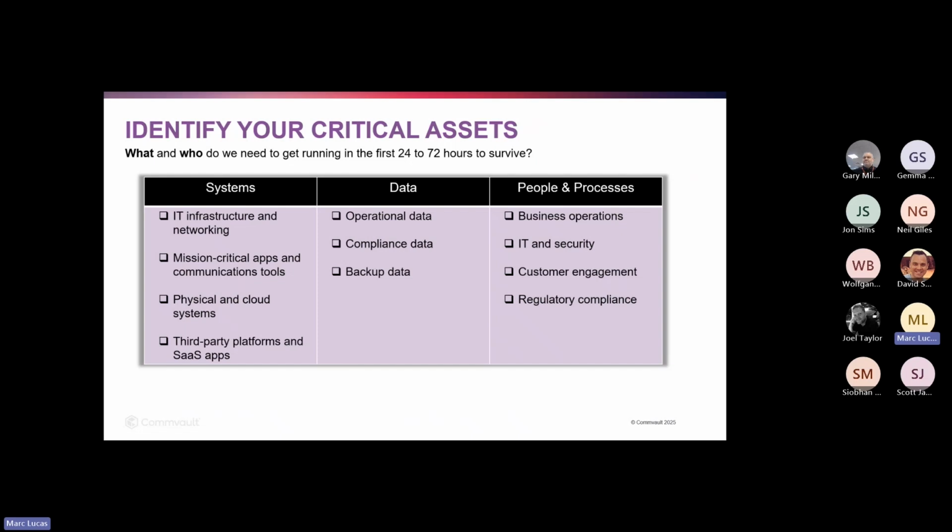So this, I think, should be something that's painfully obvious to your customers, breaking down the systems, the data, the people and the processes that they need to identify during that crucial 24 to 72 hours. Ideally, they should be looking at recovering in days, not weeks. So what are going to be the systems, the data, and as I mentioned before, it's backup, it's your day-to-day operational data, it's disaster recovery, but it's also achieving cyber recovery as well.